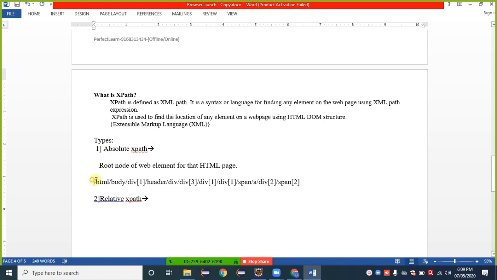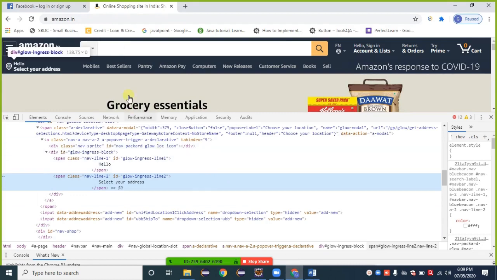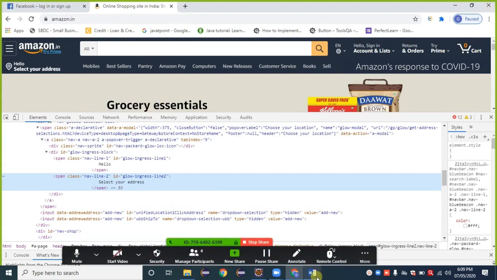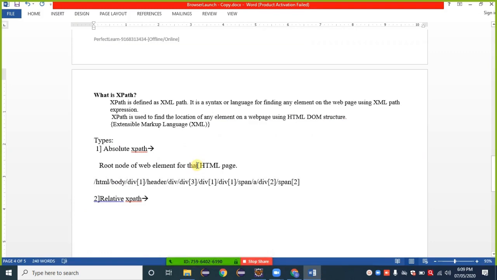The major drawback of this XPath is that if any other element on that web page is changed or removed, or any other element is added, in that case such an XPath doesn't work. It is a major disadvantage of absolute XPath. When any web element is changed, added, or any action is taken on that web page by a developer, there may be a chance this absolute XPath gets disturbed. Why? Because this absolute XPath starts from the root node of the HTML page.